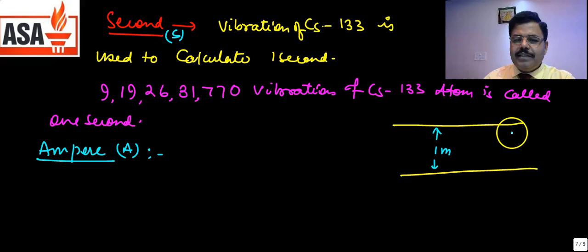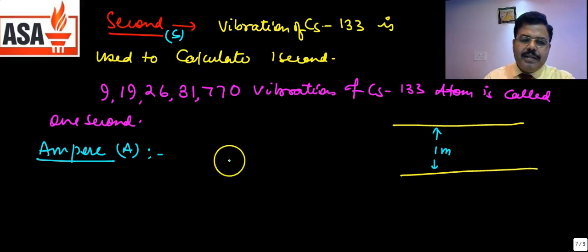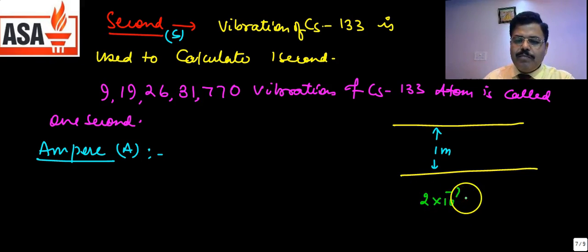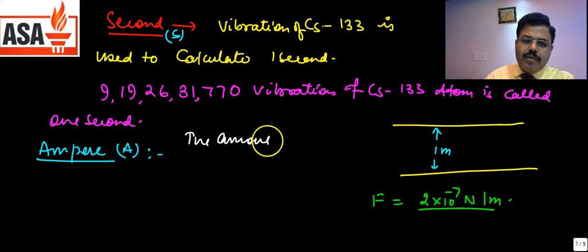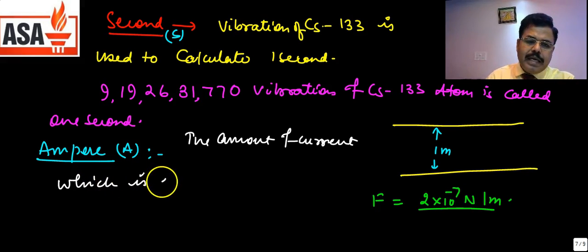When the current is flowing, a magnetic field is created, and due to this magnetic field there is a force in between. This force is how much, and what amount of current can be 1 ampere? The amount of current which produces a force between these two parallel conductors of 2 into 10 to the power minus 7 Newton per meter. So when this force is produced, such an amount of current is called 1 ampere. Means 1 ampere can be defined as the amount of current which is enough